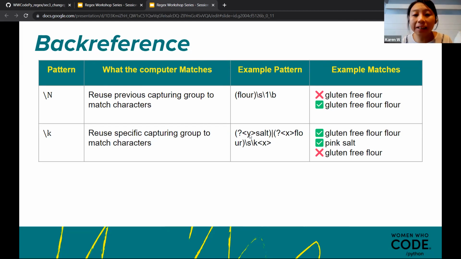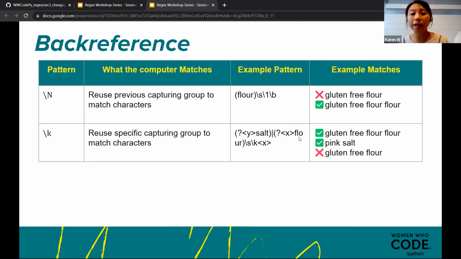So for example, y in this case is equal to salt, so you catch the salt character as a literal. Then you have this pattern with two groups. The second group catches flour, exactly as a literal, and I call it x. So let's say I want to catch the gluten-free flour or the salt, you just have to put it here, with a slash.